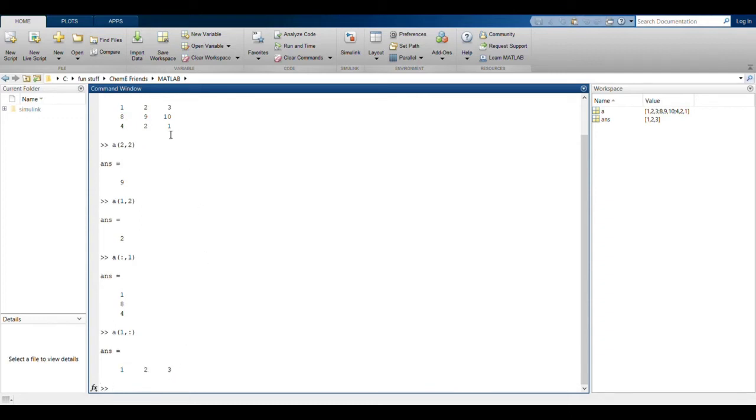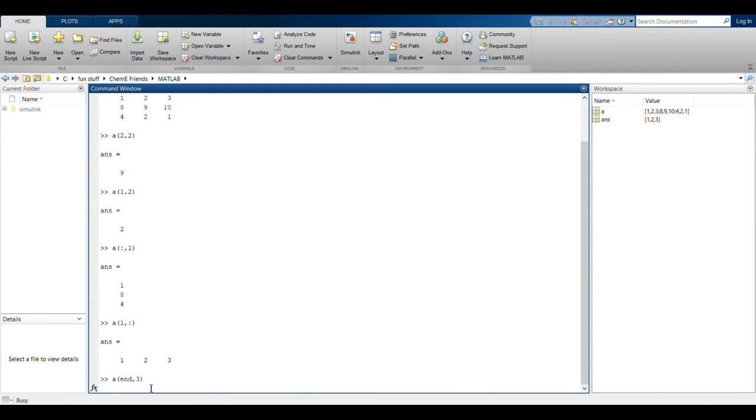So for example, I have a really big matrix and I want to find the last value of, say, the column. I want to find the last row of matrix A. So I will write A(end, ...), where end is the last row. This is a convention followed in MATLAB. So end comma 3.